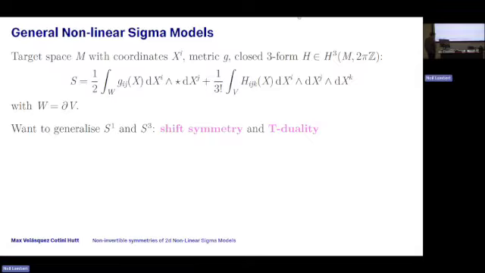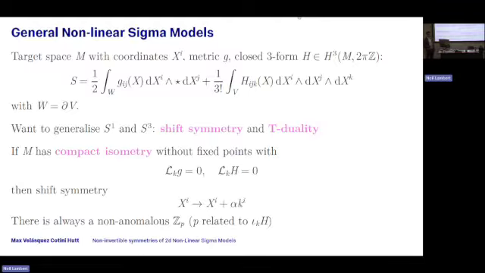Okay? So the shift symmetry is coming from an isometry of the target space. So let me consider a target which has a compact isometry without fixed points for technical reasons that I'm not going to talk about. And so it obviously preserves the metric because it's an isometry, and I demand that it preserves H. That's a good guess at the type of thing that you might want to have if you want a symmetry of that action. So if I have one of those, then I consider a shift of the scalars along the Killing vector.